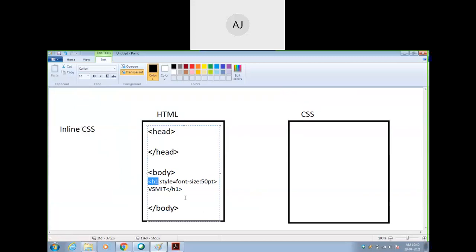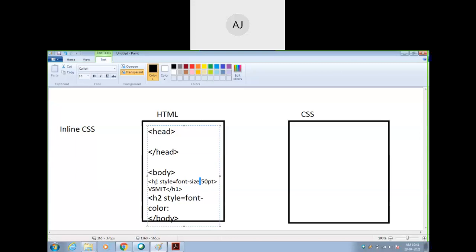Now if you want to use H2, for that also style is equal to, you use font color, sorry, color. See, this is CSS: font-size colon 50. What does this colon mean? Just follow the syntax for this.